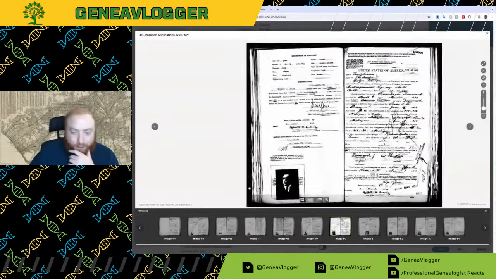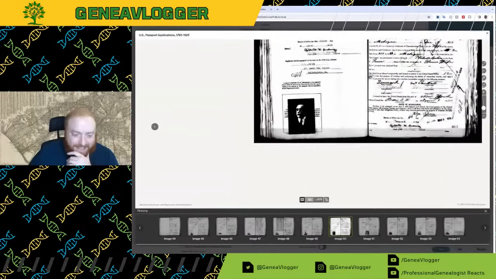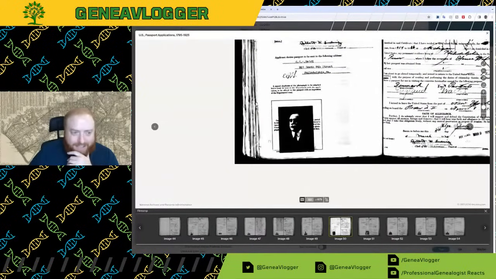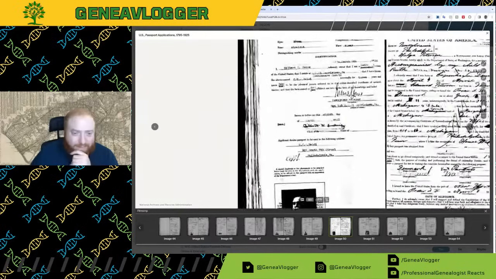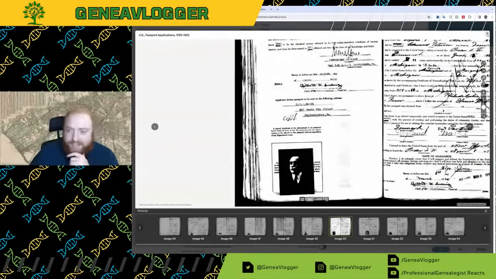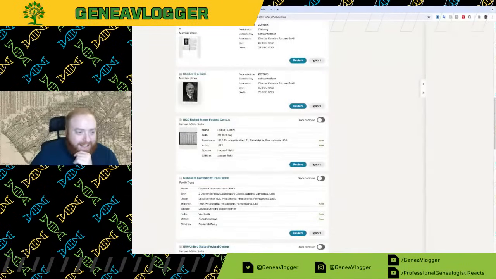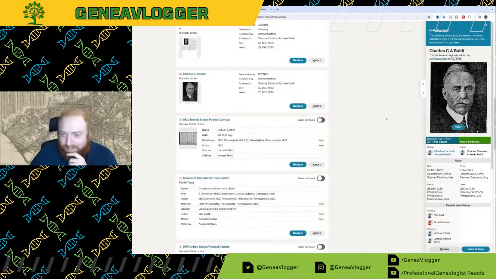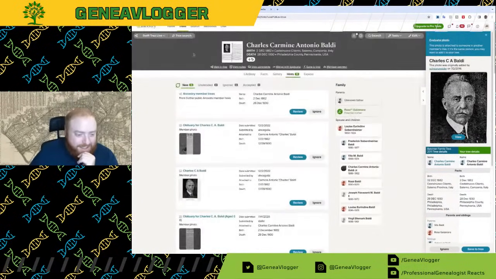Granted, you can tell they're real old scans. Scans these days using the CZUR scanners are so much better. But that's a photo of him, and you can definitely see it from this image. So this is Taylor Swift's second great-grandfather, Charles Baldy.